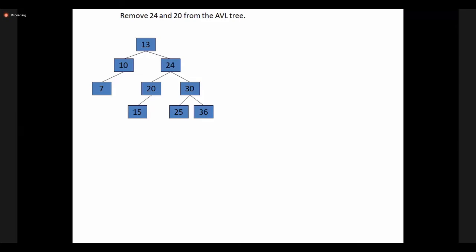Okay. Once again, I am telling my dear students, if I want to delete a particular node, that node may contain more than one child, then I can choose either the left subtree child to replace or the right subtree child. If I am picking a left subtree child, then I have to pick the maximum element from the left and replace. Or if I want to pick an element from the right subtree, I am choosing the minimum element from the right subtree and replacing. Clear? Okay. Then I'll show.